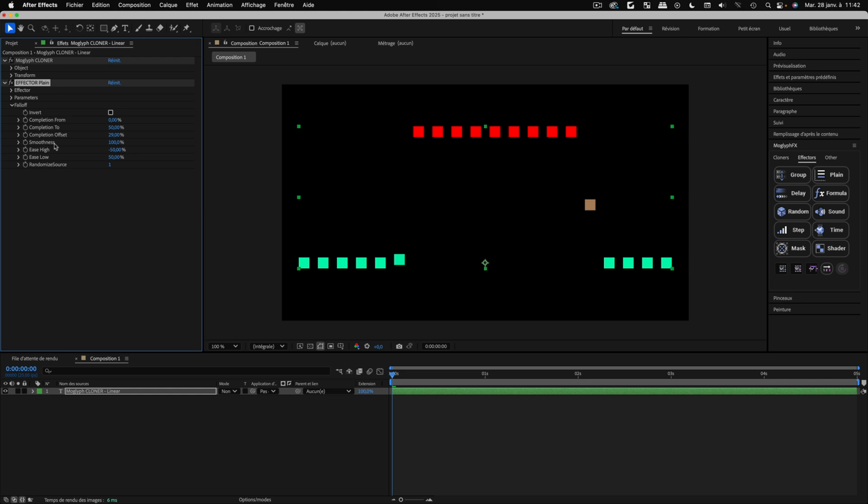And this is due to the smoothness. The smoothness by default is 100, so it is smooth, but you may not want that. So I will zero the smoothness here, and I will also zero out the ease high, and zero out the ease low. And then if I play with the completion offset again, I will see that my animation now is perfectly like